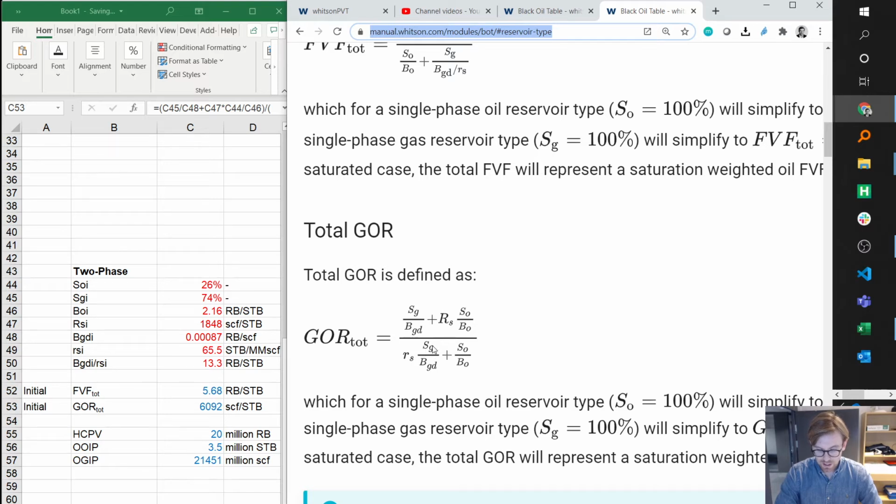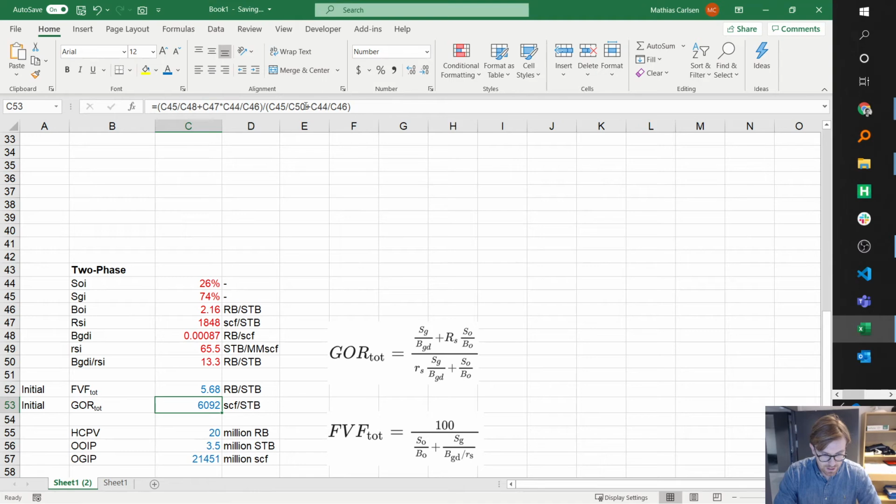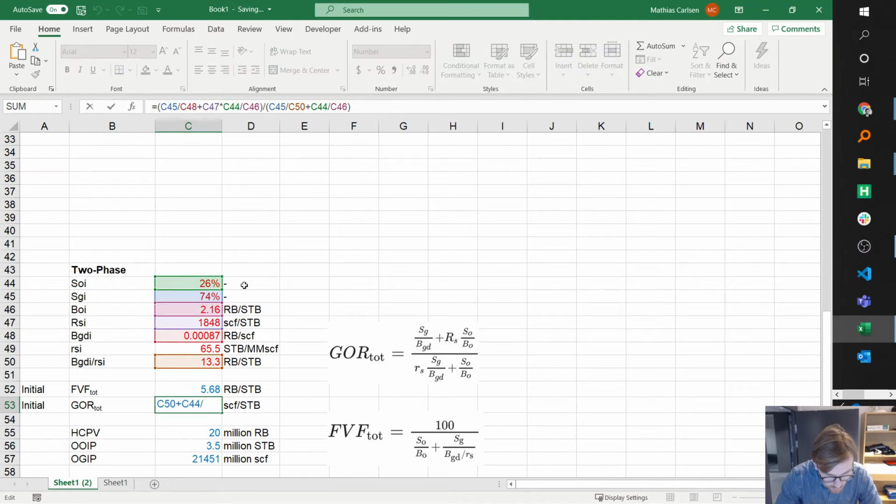So this is actually SG divided by BGD over little rs, this term right here. And this is also the same for dealing with the volume factors for the oil phase. So what we do in terms of that is somewhat of a more involved